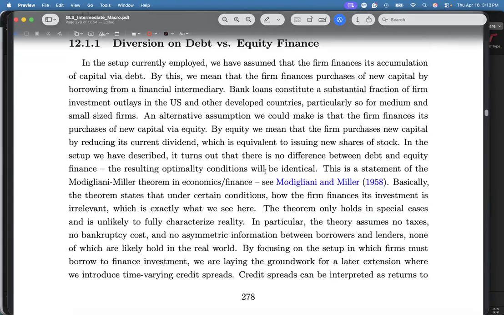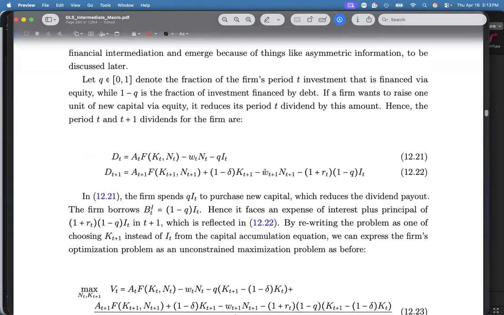Diba? To make it clear, eto yung dalawang dividends mo, guys. Under this scheme where Q% of your investment comes from equity, 1 minus Q% comes from debt. So let's say may mix ka, right? So this first period, ano yung nagbago? Ano yung nadagdag? Si Q I_t. Q is the share of investment that is financed through equity. And the cost niya is minus I_t essentially, right? Per share, it's minus I_t, because you have to pay it out from your current dividends here.